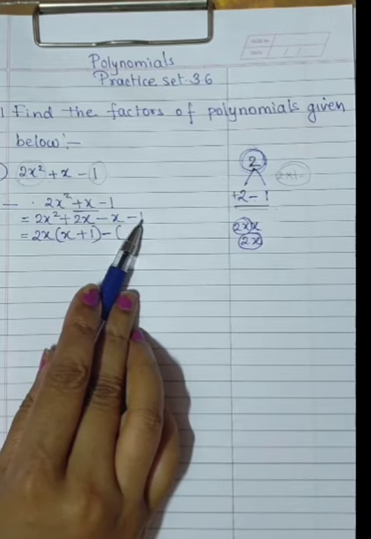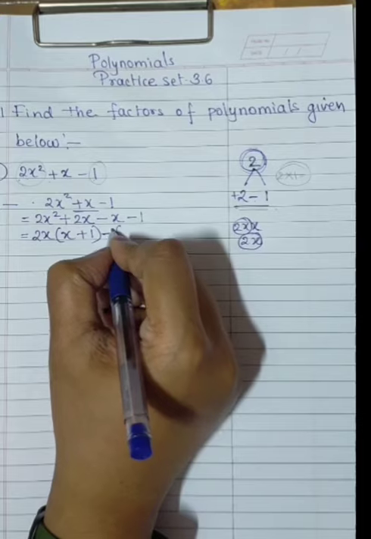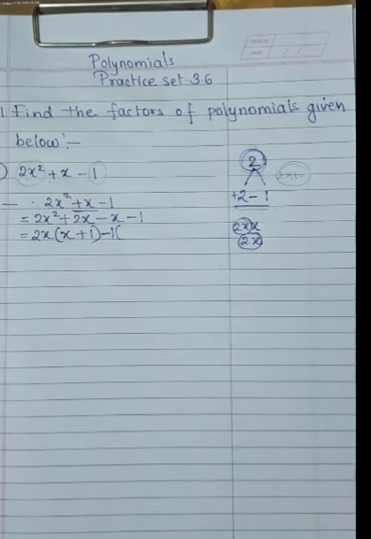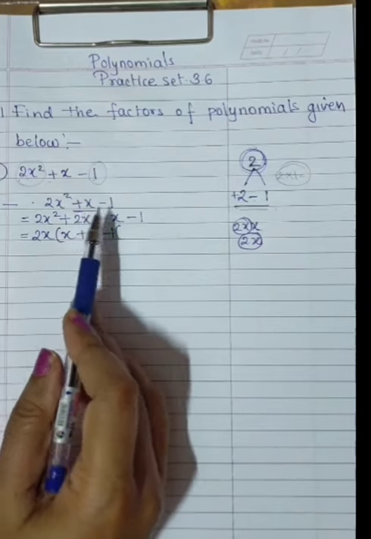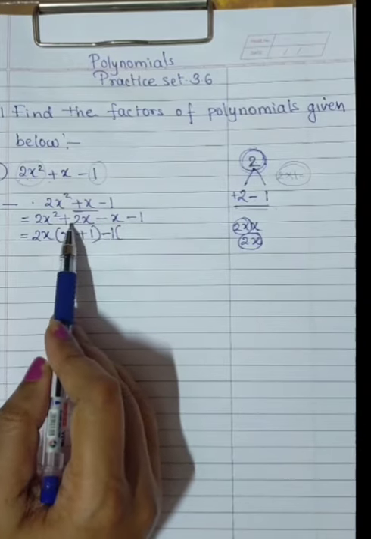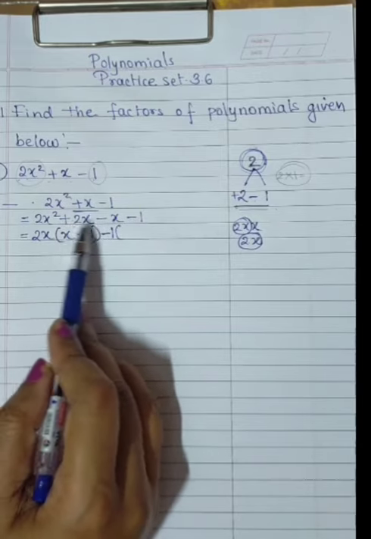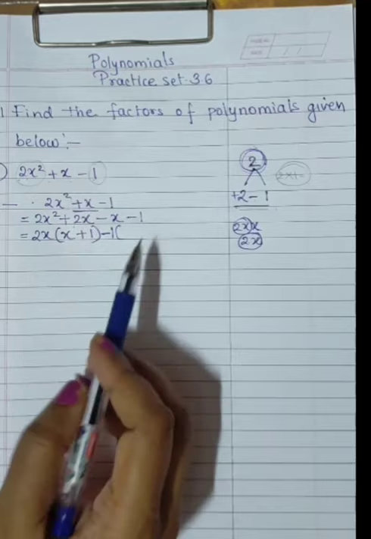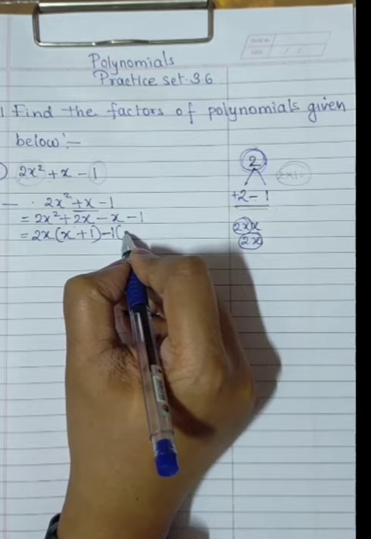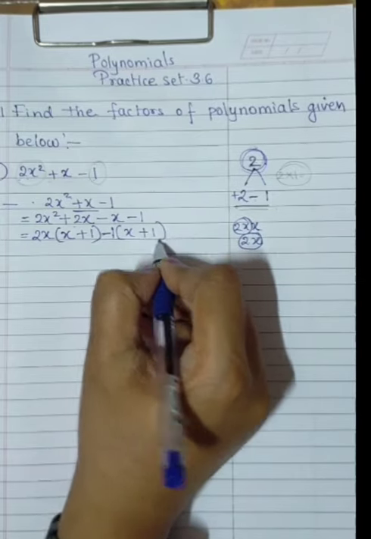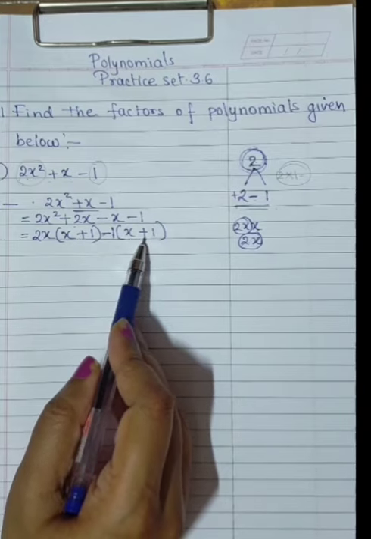Before that, as you can see, what is given? x minus 1 is given. Okay, to get the same here, we will take 1. Okay, as you know that in the place of x it was 1, we have taken this. When we get minus, we'll get what? 1x. When these both get minus, we'll get 1. So here we are taking 1, and in the bracket x plus 1 will come. Why plus? Because minus minus will become plus.